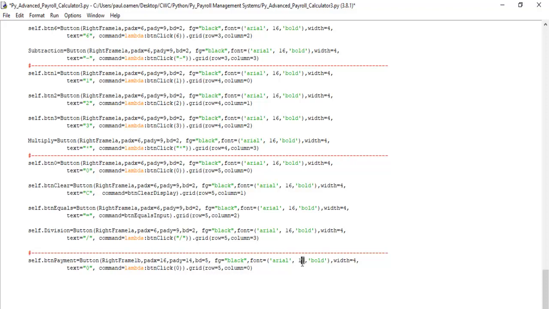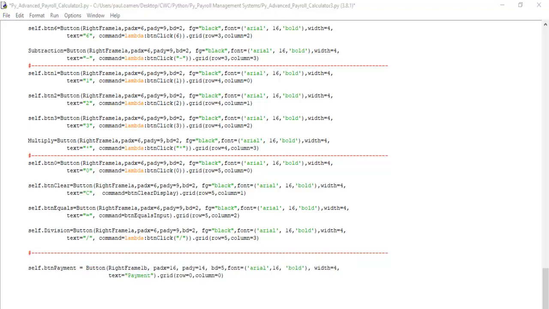And this, maybe I'll leave it at 16 for now. And this is going to be 0. Get rid of the command for now. And the value we have on this, I'm going to call it payment. There. Okay, maybe bring this up here,